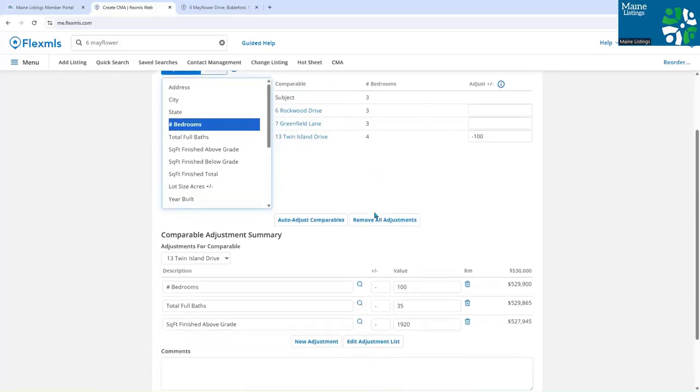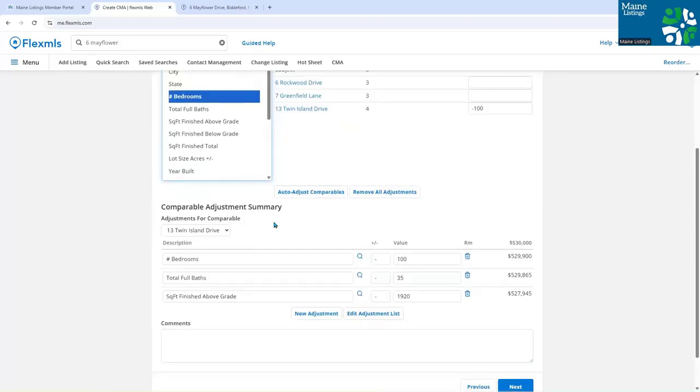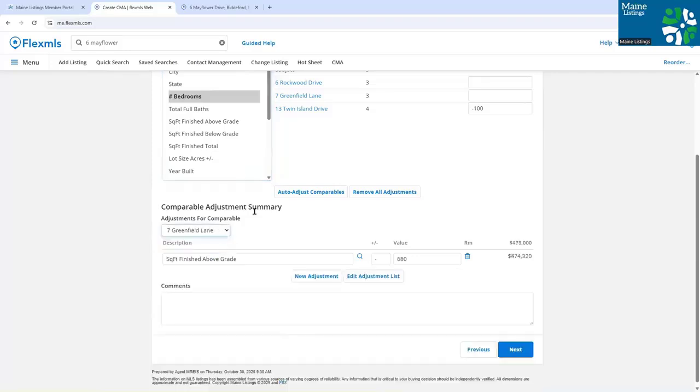Or I can scroll down to this adjustment summary and look at the adjustments that were made for each of the properties. So we have the description and we have the value. And I'm going to click this drop down and choose one of the other properties. And I'll look at all of them. All right, so next